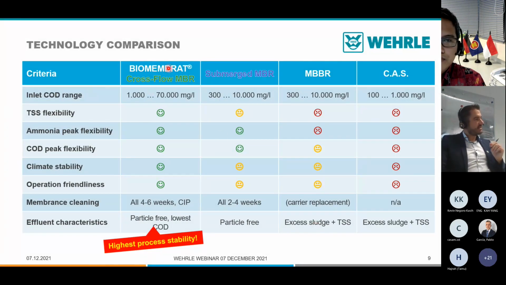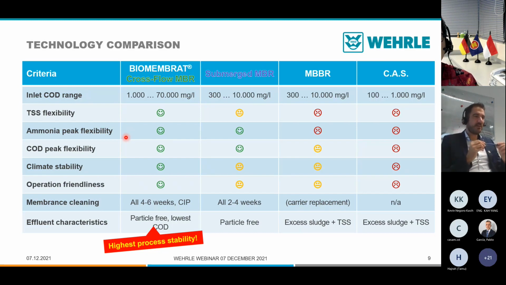Here we see a slide with different technologies which we also face from our competitors. Here we have our biomembrane, compared with a submerged MBR, an MBBR, and a conventional activated sludge. No question, all of those technologies have the right to be on the market and have a lot of advantages. Those technologies have big advantages compared to our biomembrane in low strength wastewaters, such as sewage treatment and low polluted wastewater, let's say up to 2000 milligrams COD per liter. But if we talk about a really high COD range, up to 70,000 milligrams per liter, or if the plant needs high TSS flexibility, especially high ammonia peak flexibility, which we face extremely often in landfill leachate,